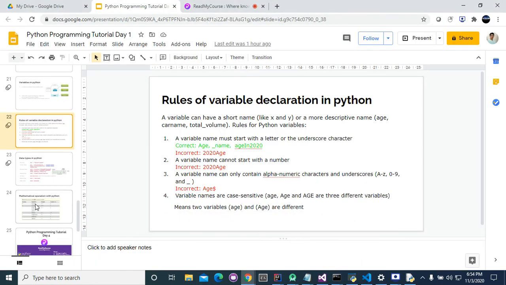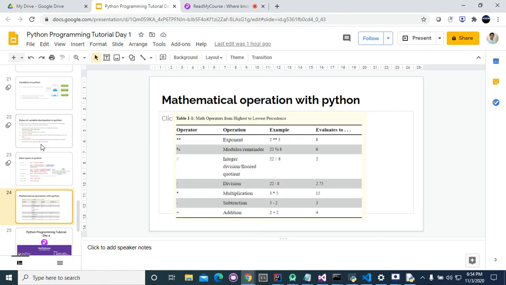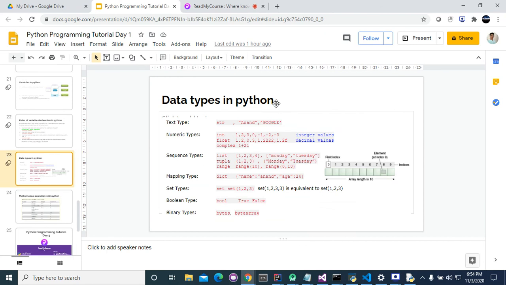Now in the next class we will be reading about data types in Python. Okay, everyone, I will attach study materials, and you need to practice on these topics.